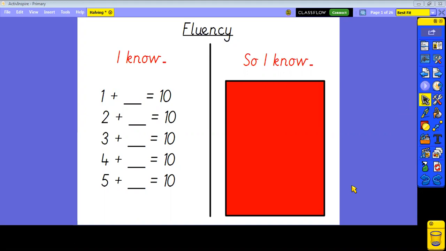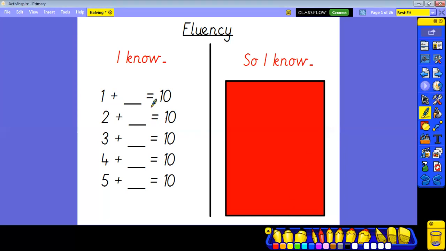Super, hopefully you've had a go at doing that now. So today I want to have a look at some related number facts. So before we go on to that, let's fill in our answers. So you should have got that 1 add 9 is equal to 10, 2 add 8 is equal to 10, 3 add 7 is equal to 10, 4 add 6 is equal to 10, 5 add 5 is equal to